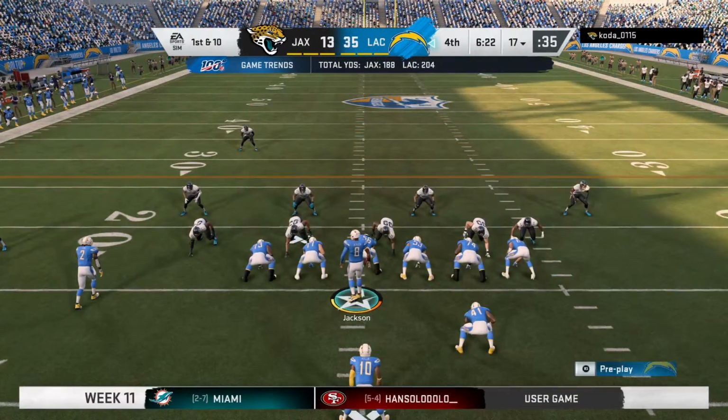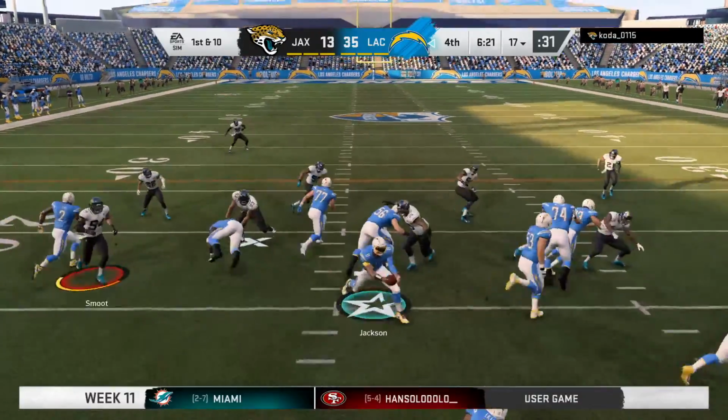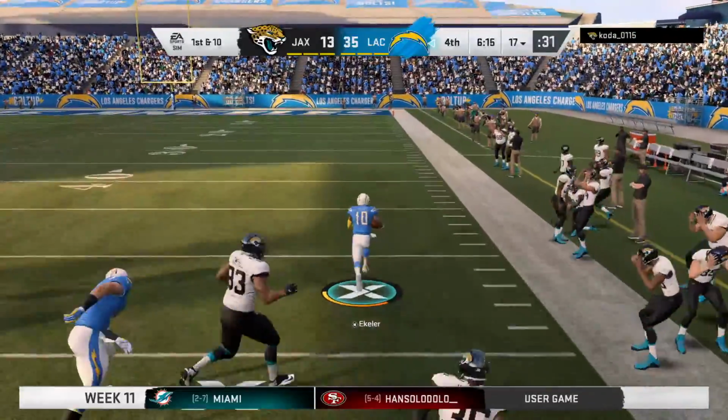The Charger drive about to get going. And for them, a touchdown their last go-around. Obviously, they'll be hoping to do that again. And when you start plotting for this drive, when you start thinking to yourself, okay, what are we going to do? You don't go away from what you...